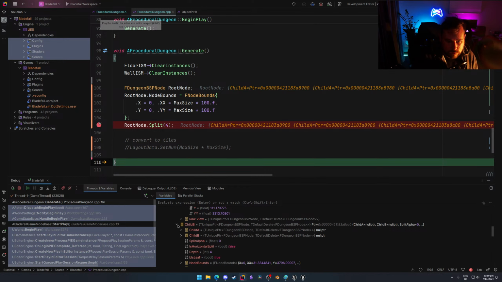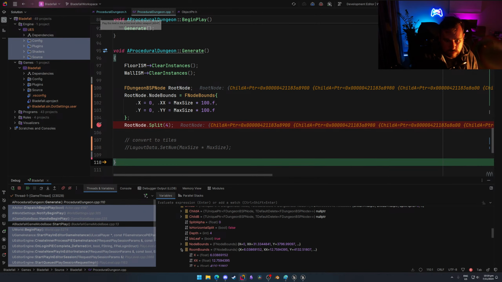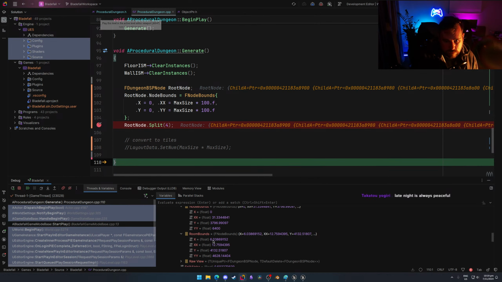And we'll check child B just in case. Yep. So the x and y and xx of these values should be between the two of these. So 6 is between 0 and 31, 12 is between 0 and 31, and